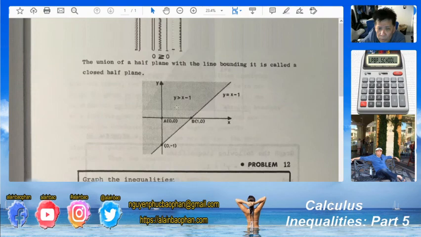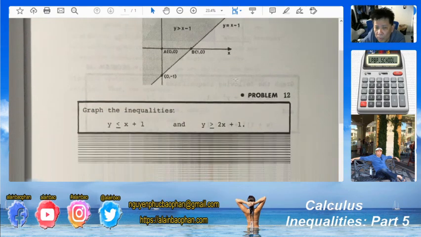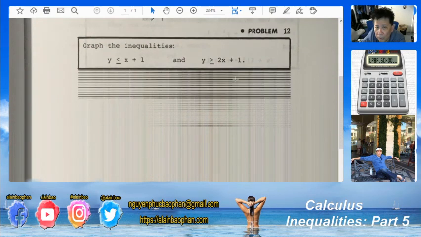Okay, so we skip this one because I don't have the question on the top. We go to this problem right here. We need to graph two different inequalities and combine them. The first one is y less than or equal to x plus 1, and the second one is y greater than 2x plus 1. So first of all, you need to